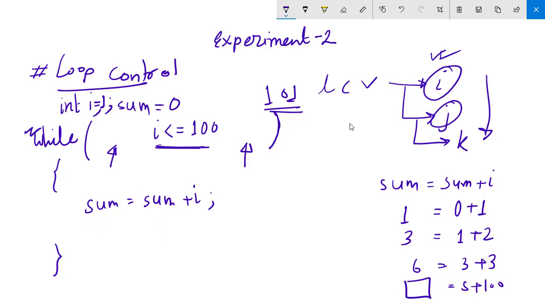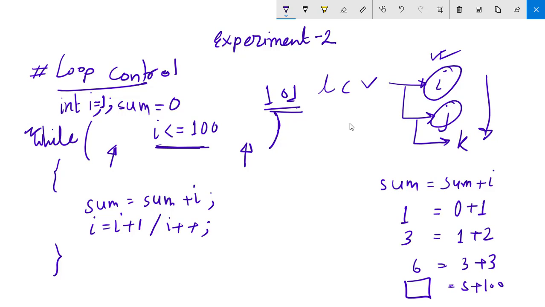That is, we will change sum by this statement, sum plus I. After that, we will increase I by 1, or you can say I plus plus. So the same thing for while loop, we will initialize the loop controlling variable before the loop, and we will do the increment inside the loop. These are only two differences of for loop and while loop.